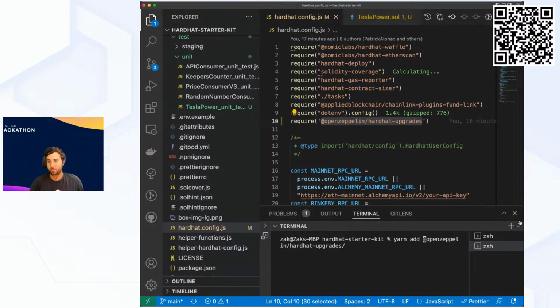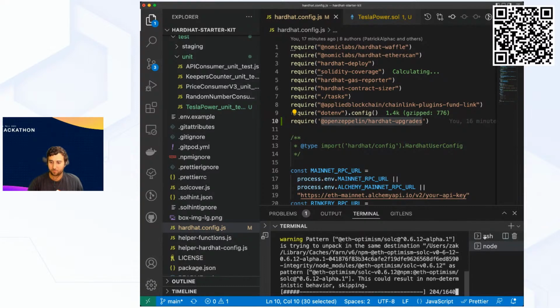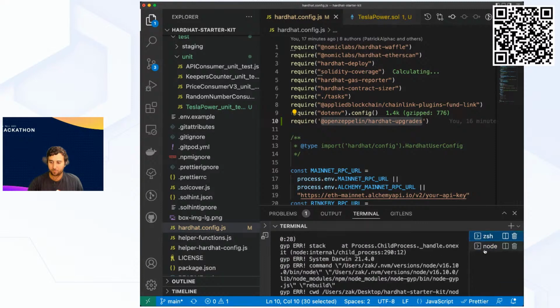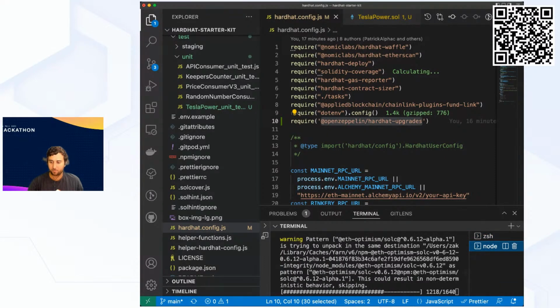Oh, this is probably what I did wrong. I'll probably add in at Nomic Labs. So we're going to add in @openzeppelin/hardhat-upgrades to the end here. Slide that package so you can actually see that. So while that is adding,